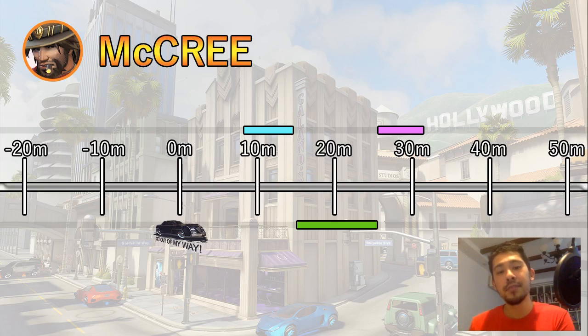Far too often I'll see McCrees go forward too much. Maybe because they don't trust their aim. Maybe it's because they're putting too much stock into how much the fall-off damage actually is. It's actually not too bad, in the mid 20s to 30. So generally stay in this green area, and then just move forward and back a little bit, back to